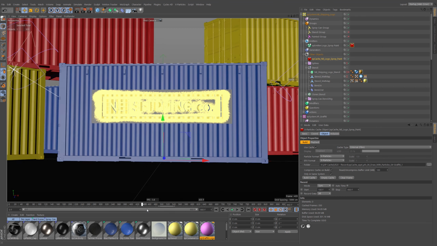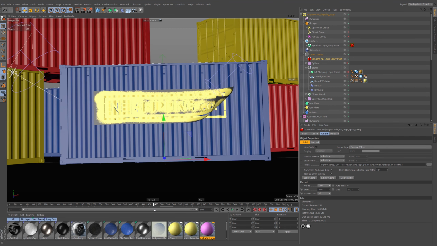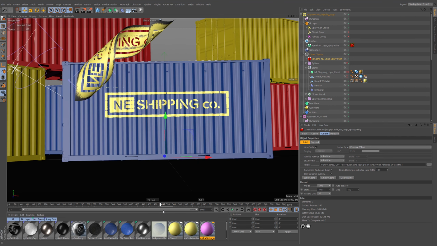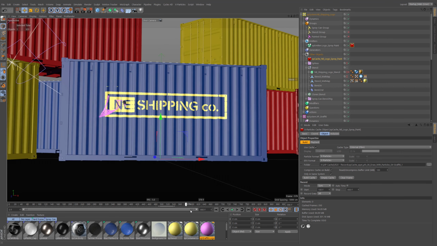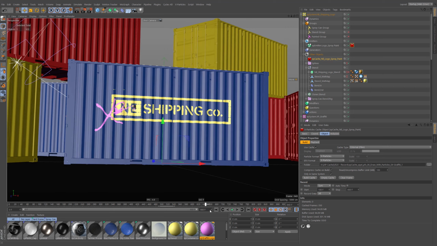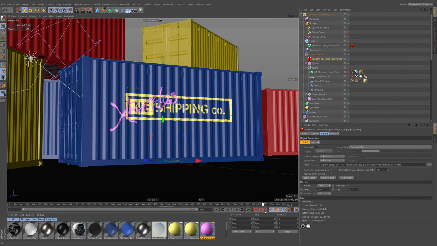I'm just scrubbing along here. Obviously, hardware render would be the best thing to do here. And then you get that beautiful peeling moment. We'll deal with the materials on this all in a second. And along comes our graffiti artist to ruin whoever did that nice stencil. It's ruining their work. Although,